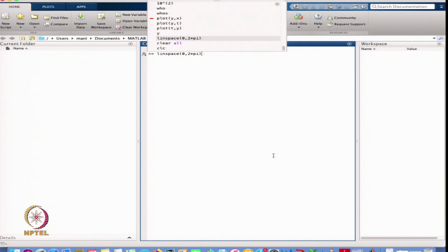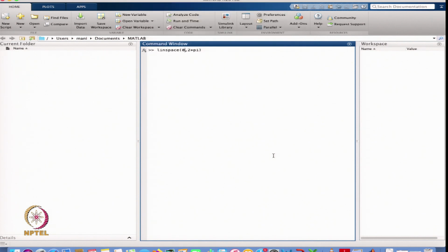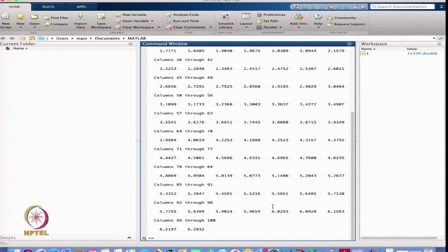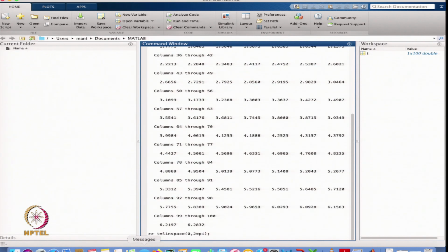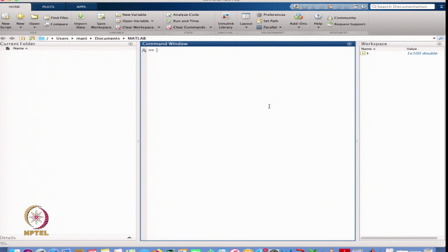So, I have typed this command. This command I can show here, and let us define this one as t is equal to this. So, that is the elements we are getting. Even I do not want to show the results on this screen, so in this case I can put the semicolon. As we have discussed earlier, the semicolon will suppress the output from appearing on the command window. But here t is the variable, I can check it, it is the t variable having a size, the row vector, and taking this much of memory.